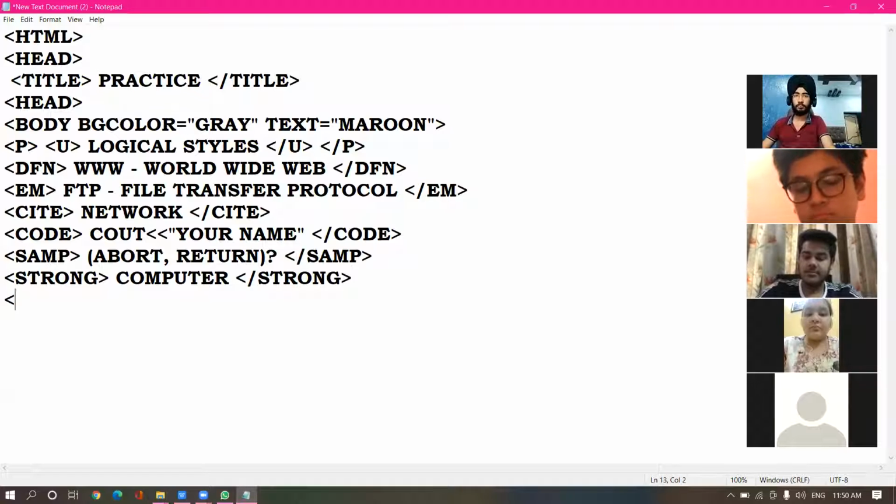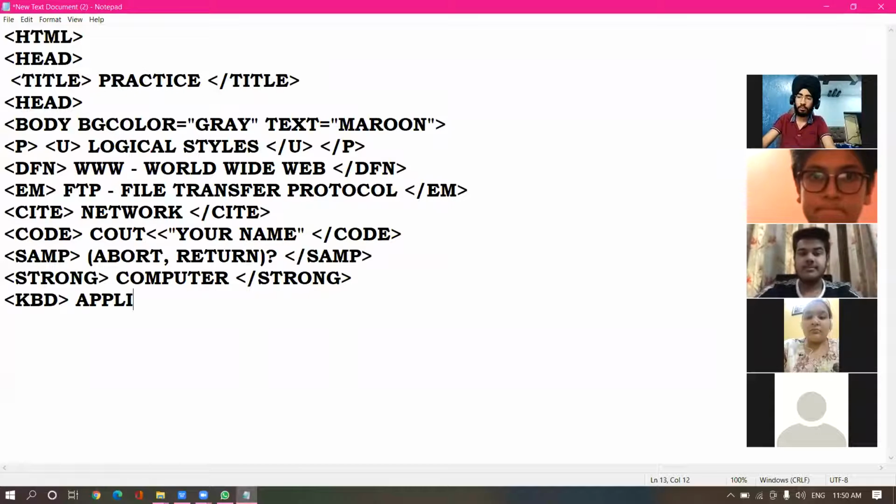Next is a keyboard tag, that is KBD. This is just to give the keyboard font. Then KBD close.